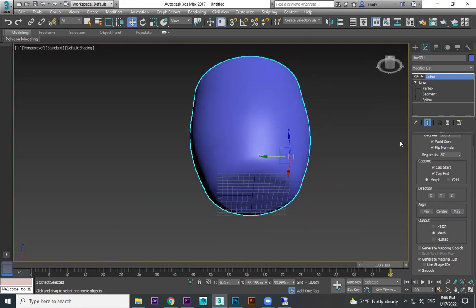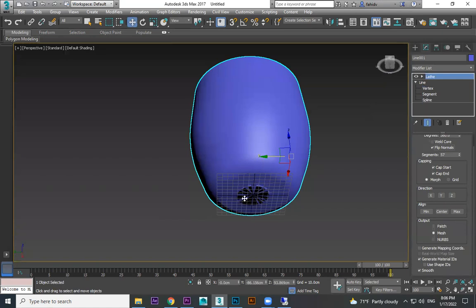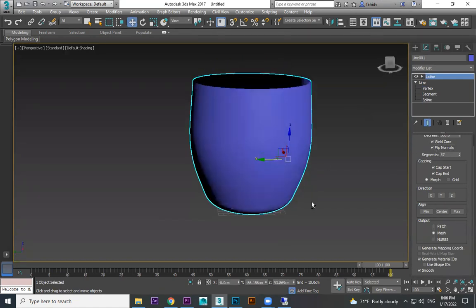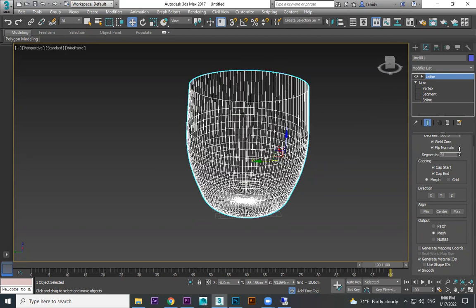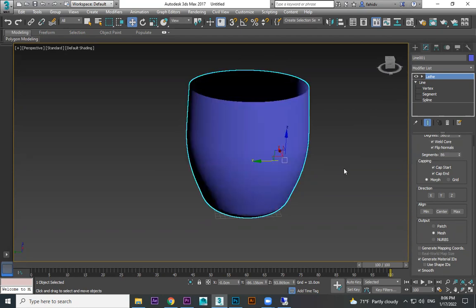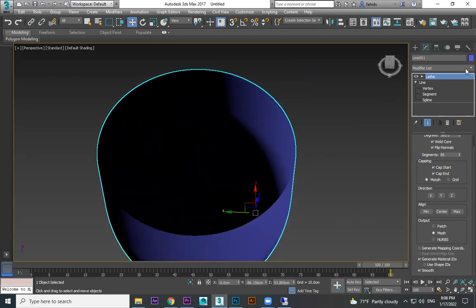Okay, now it's perfect. You see these two options. I told you flip normal means one side of the face will always be black. Weld core means while joining the area, if there is any problem, it is going to solve it. Now, if you press F4, you can see the segments. If we want to make it more clear, you can increase the segments as well. This is done. Now there is no thickness. To add thickness, we are using